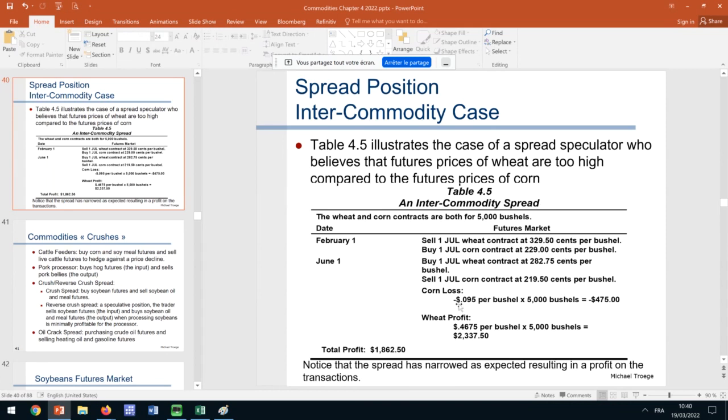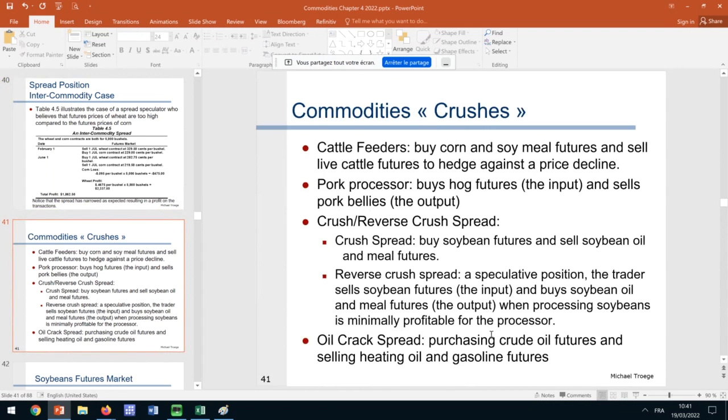Now, given that both prices have decreased, of course our long corn contract has generated losses, but our short wheat contract has generated profits that are far higher than these losses, and overall we come out with a winning position, because the relative price changes have adjusted. Now, this is a simple inter-commodity spread, and let's now look at these crush spreads,